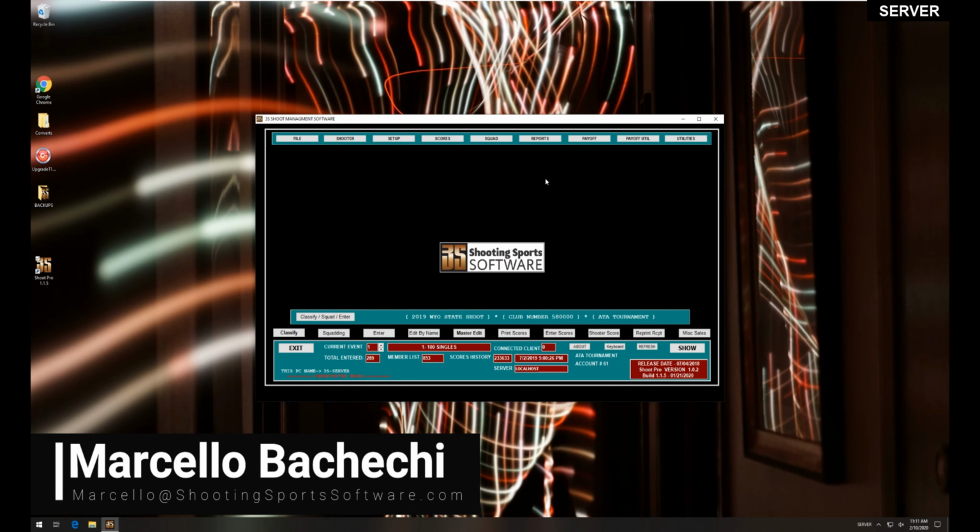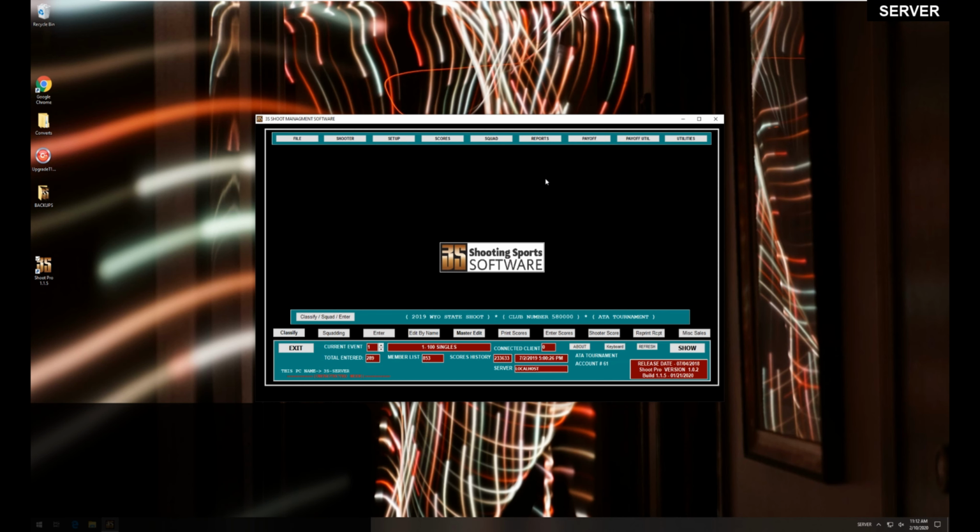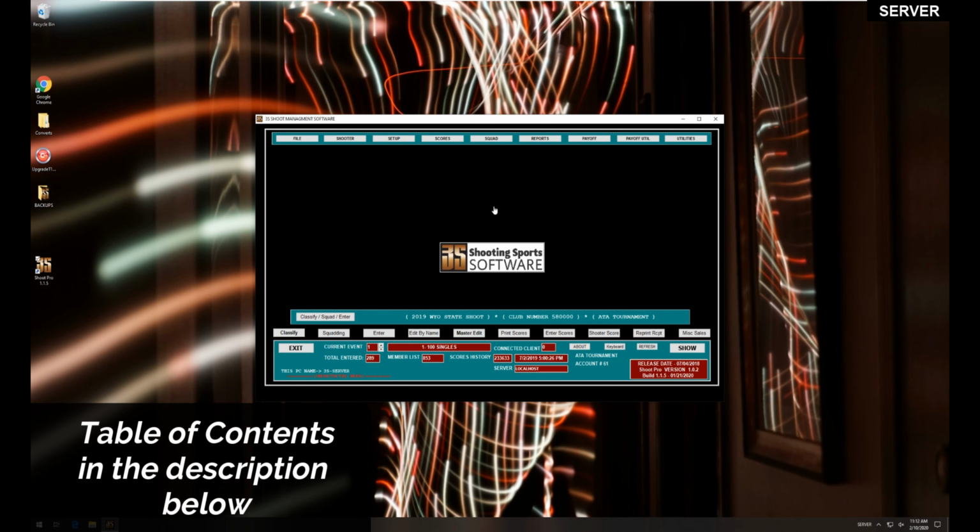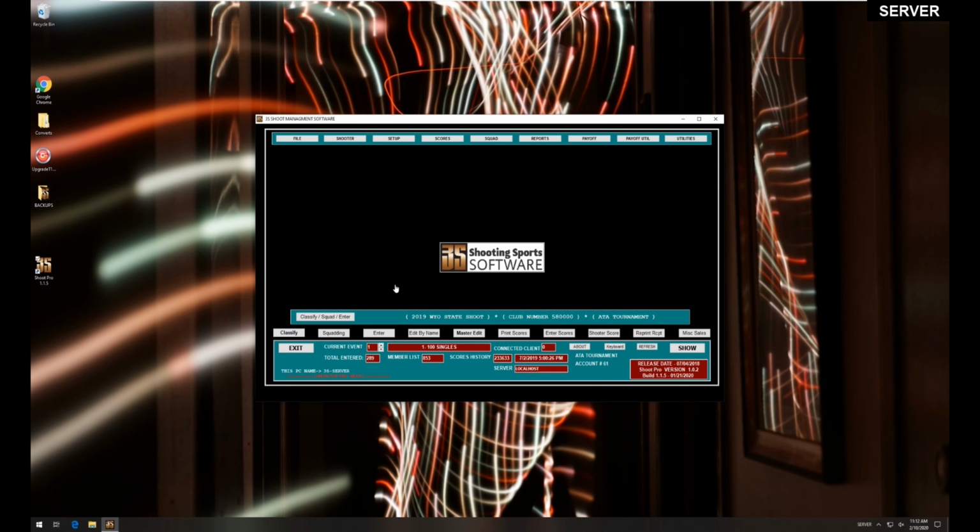Today I'm going to show you the new features that are in Shoot Pro 115. Alright, so starting out, the first thing that I'd like to talk about is how we've implemented an automatic backup system. So 3S will automatically back up on the server every half hour and every single time that you change